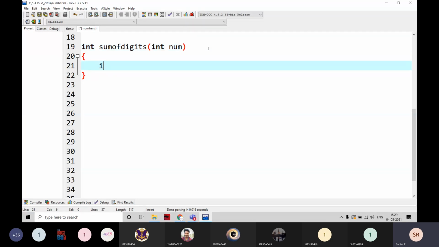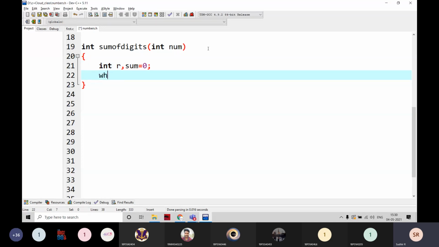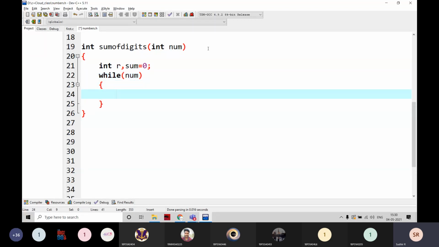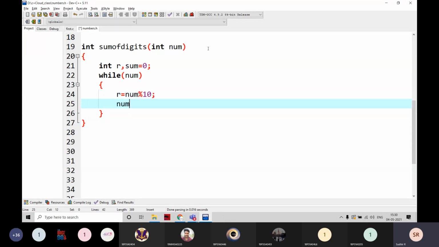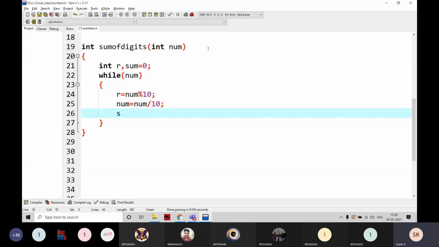Now I'm going to take r, and for the sum I'm going to take 0. I'm going to write a while loop, while num, and here again r is equal to num mod 10, and the basic logic every time num is equal to num by 10, and I'm going to write sum.